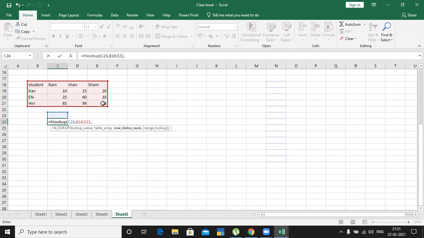Column index number, one, two, three. And then false. So what will it take, ma? Any idea about this?